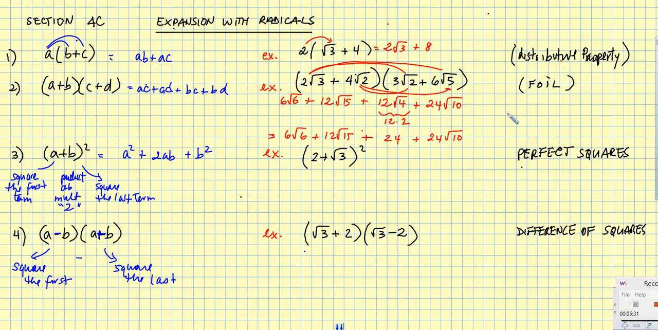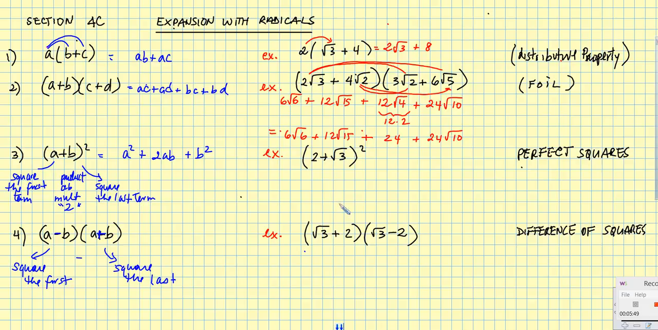So we don't have any radicals to collect, and therefore we just leave the solution the way it is. All right. The next example is using perfect squares, and with perfect squares we've got 2 plus root 3 all